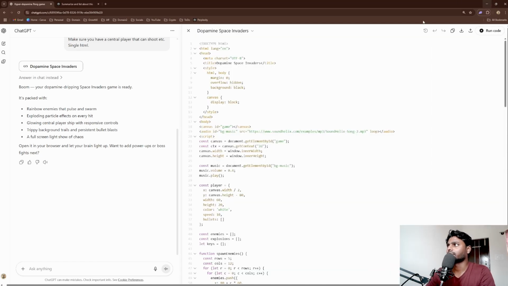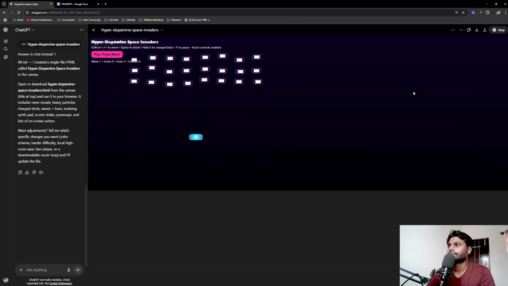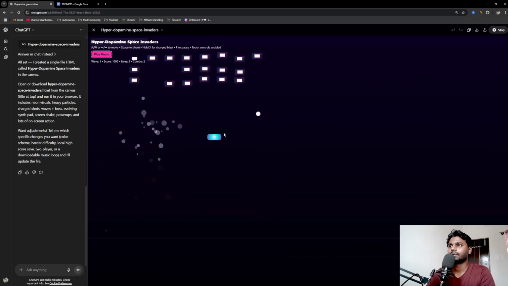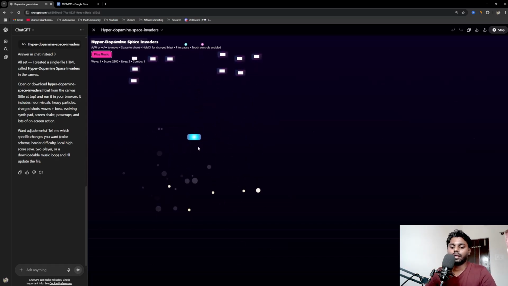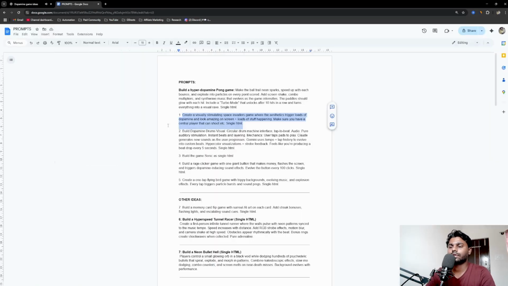So let me just stop this and go back to the GPT-5 and click on run code. And this is okay, cool. Let me just click on play. Now you can see the difference between GPT-5 and normal GPT coding. The UI/UX is very much improved in GPT-5. I really like this, but with more UI/UX prompts, we can make this a more beautiful version. So let me just stop it right here and let's go with the other prompt, which is build a drum